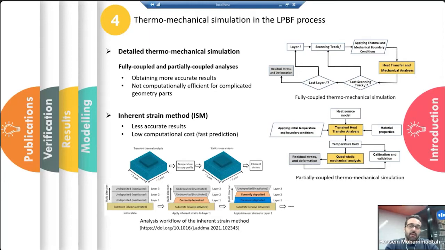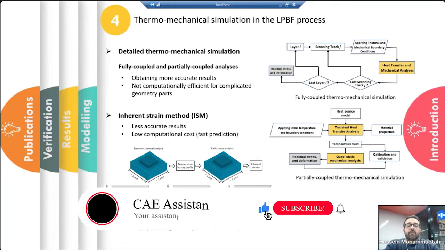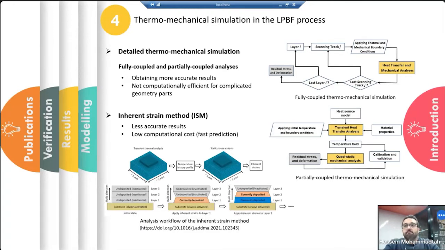Since metal additive manufacturing is affected by several process parameters, in the industry, investigating the effect of each process parameter on the final distortion is computationally expensive, and it is much too expensive to investigate all the contributing factors experimentally. So different thermomechanical simulations